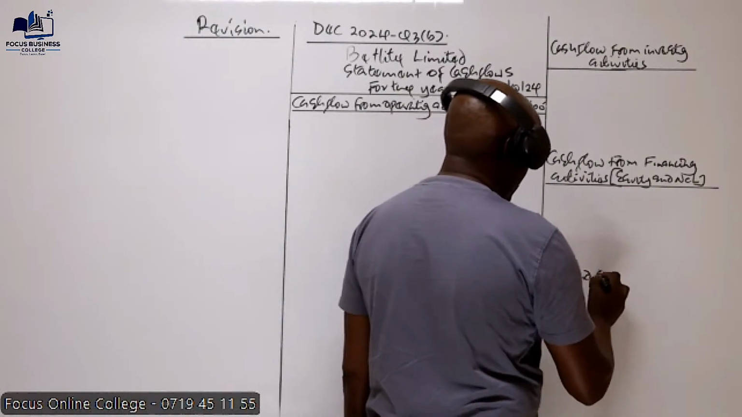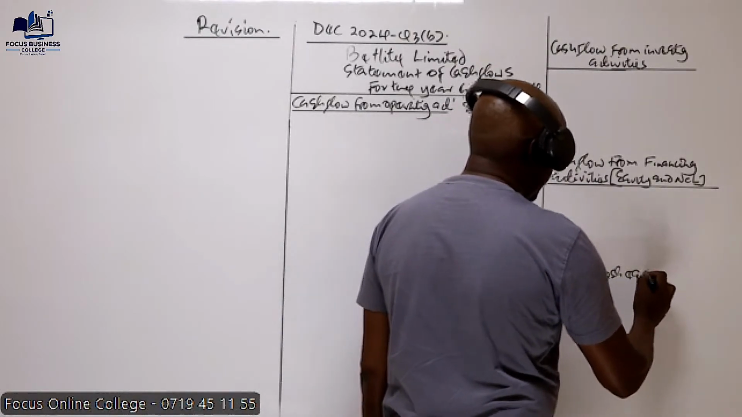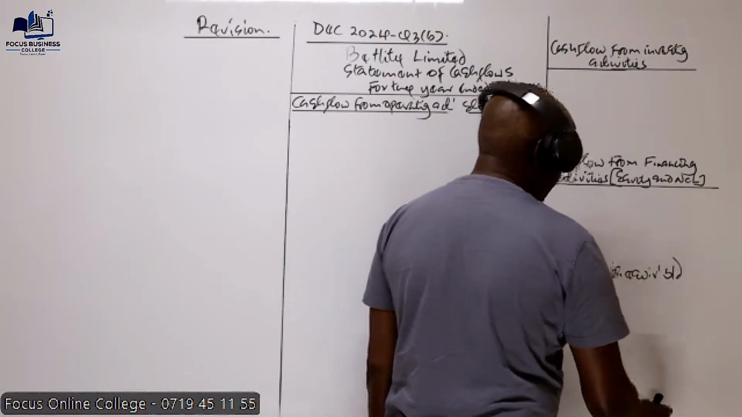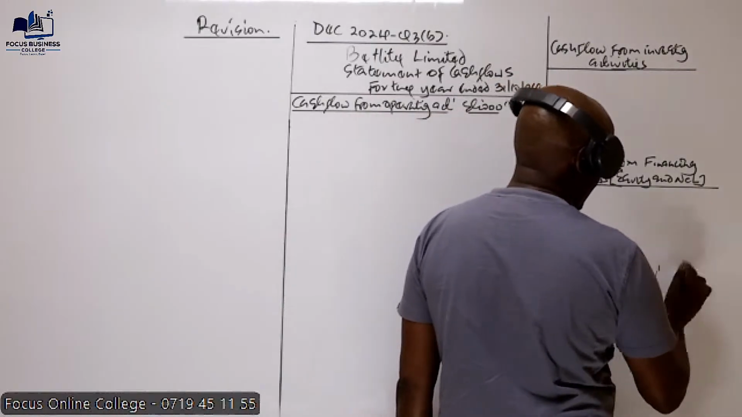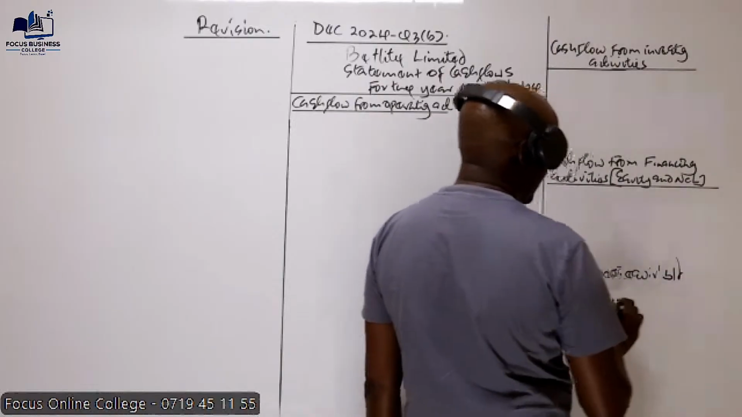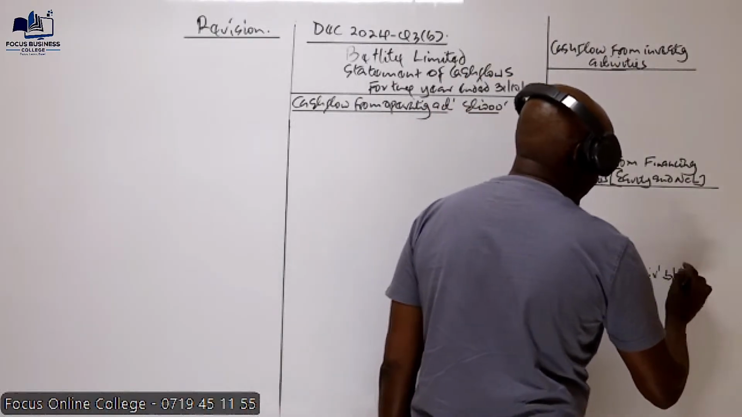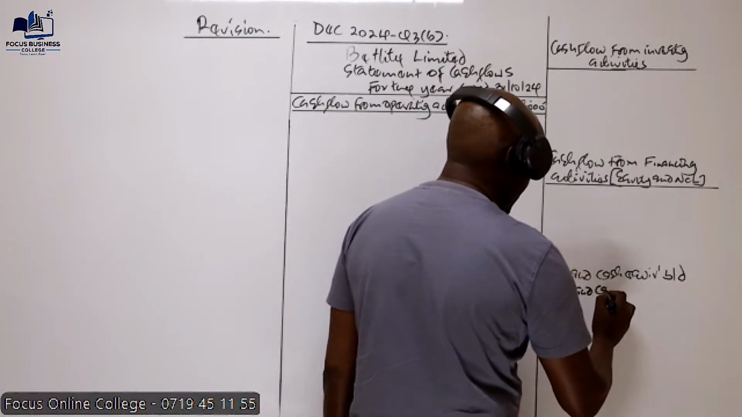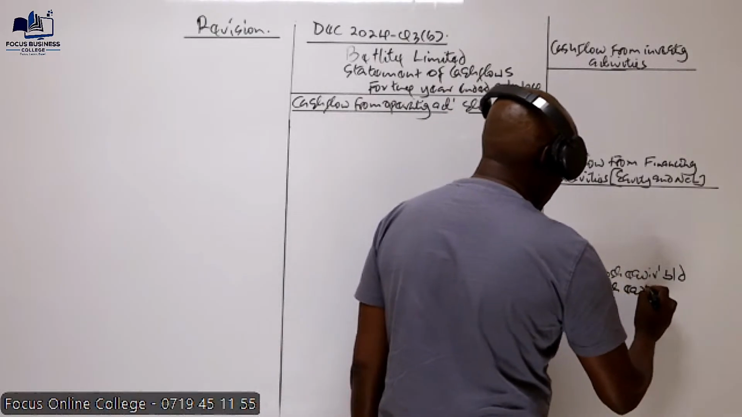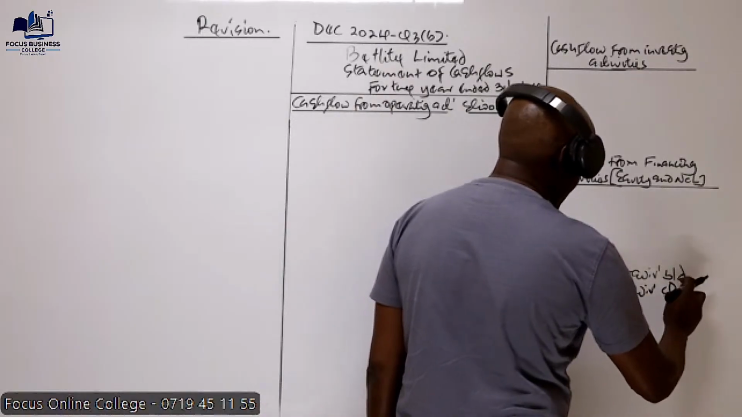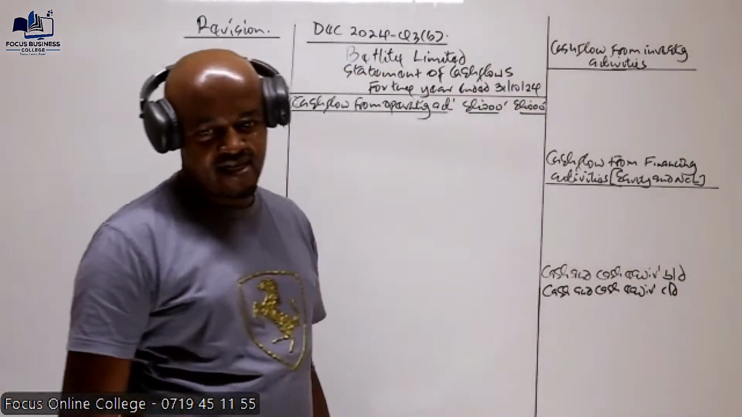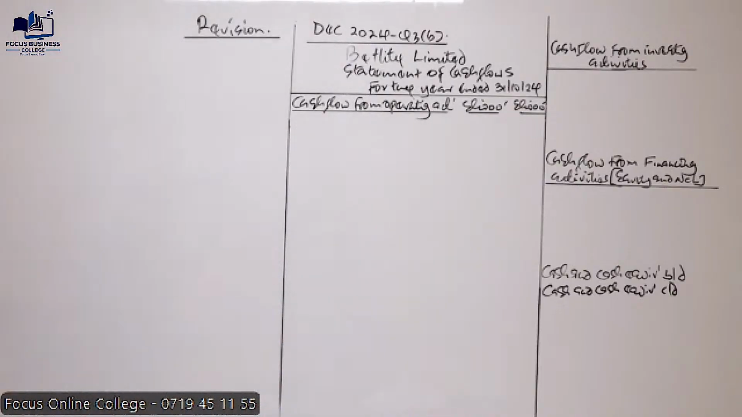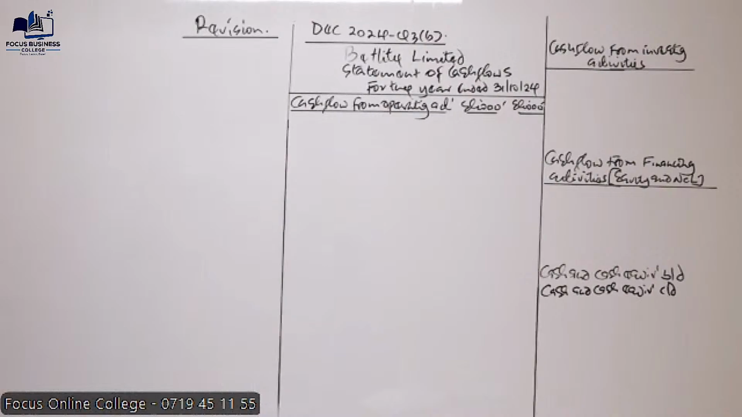The cash and cash equivalent balance brought down. This is the cash and cash equivalent at the start of the year. And then we have the cash and cash equivalent at the end of the year. That is balance carried down. Balance carried what? Down. Now, in this particular case, I usually advise the student, can you start by recording